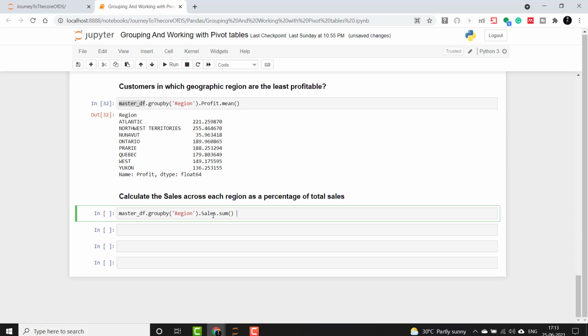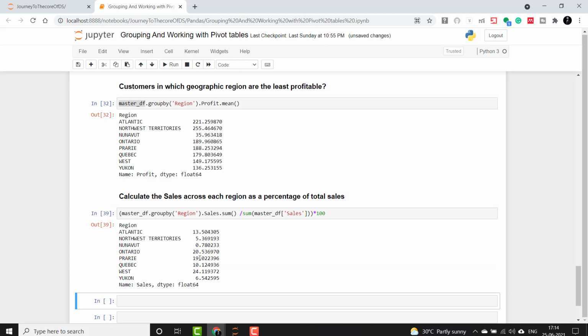Now I have to divide this by the actual sales. So again I will take master_df and take only the sales column, and then multiply this whole thing by 100 because we have to calculate the percentage.